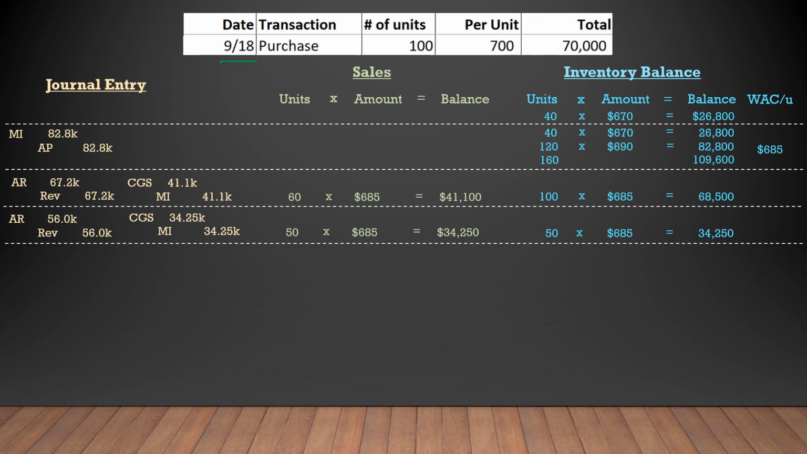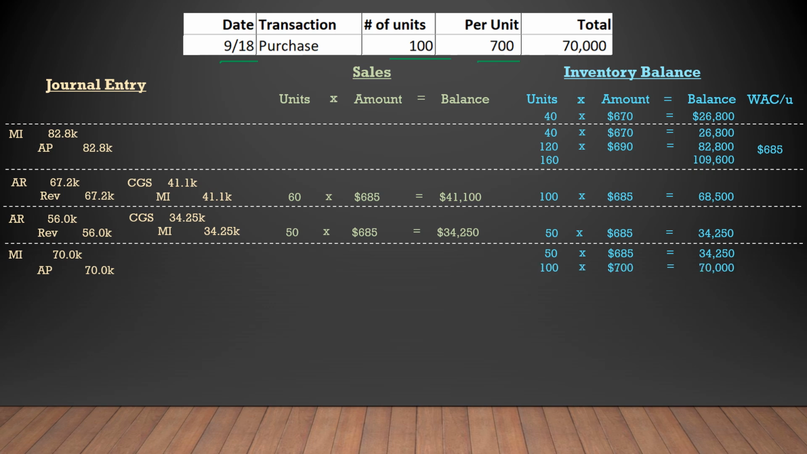On September 18th, we make another purchase of 100 units at $700 per unit. So we debit merchandise inventory and credit accounts payable for $70,000. As I said previously, every time we make a purchase, we need to recalculate our weighted average cost per unit. We had $34,250 of merchandise left after our previous transaction,